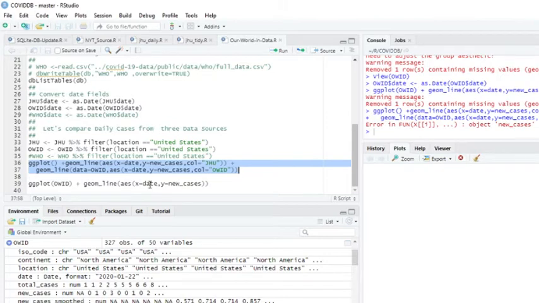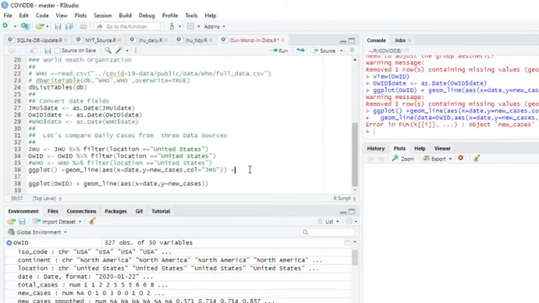New case is not found. This works. Let's get rid of this here then. Okie doke.